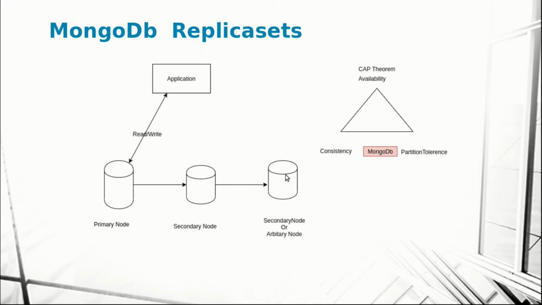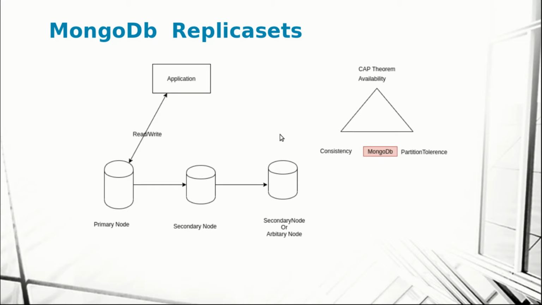Okay, so in order to save cost, most enterprise use cases prefer not to use a secondary node, but they'll go only for an arbiter node. So data replication won't happen in the second node. Simply the third node will act as arbiter node to participate in the voting process.